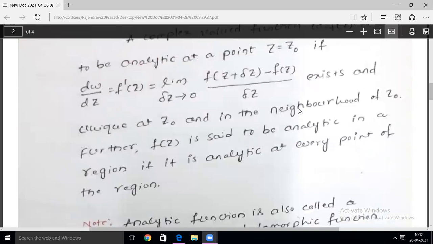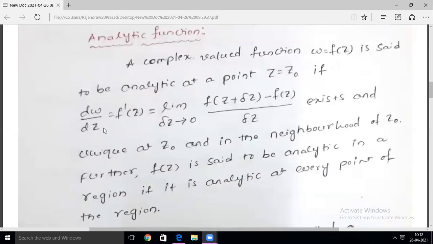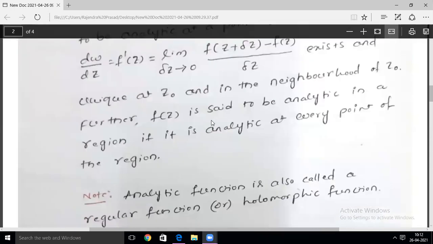Here what you have to note down is this important result, dw upon dz or f dash of z. Clear? Next,